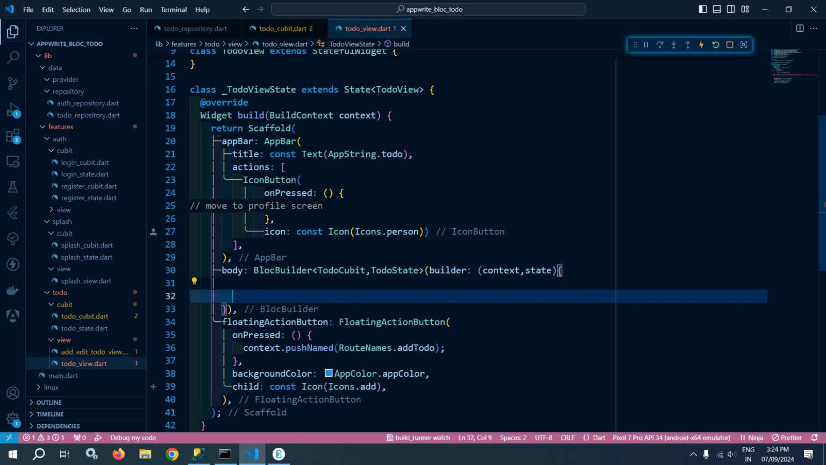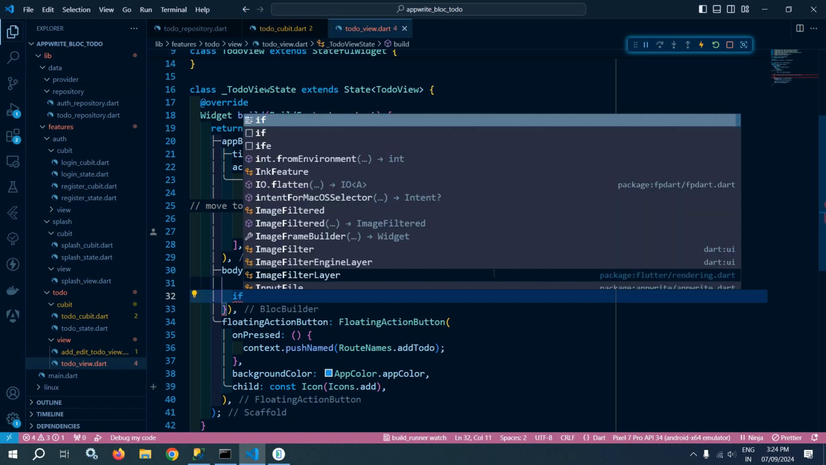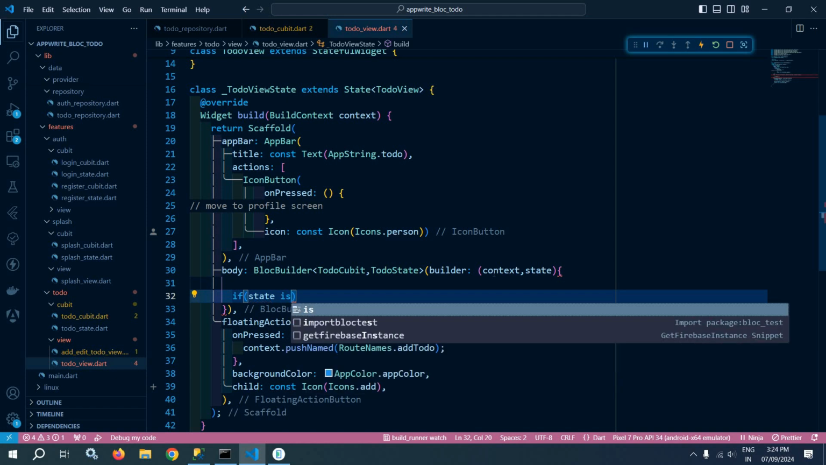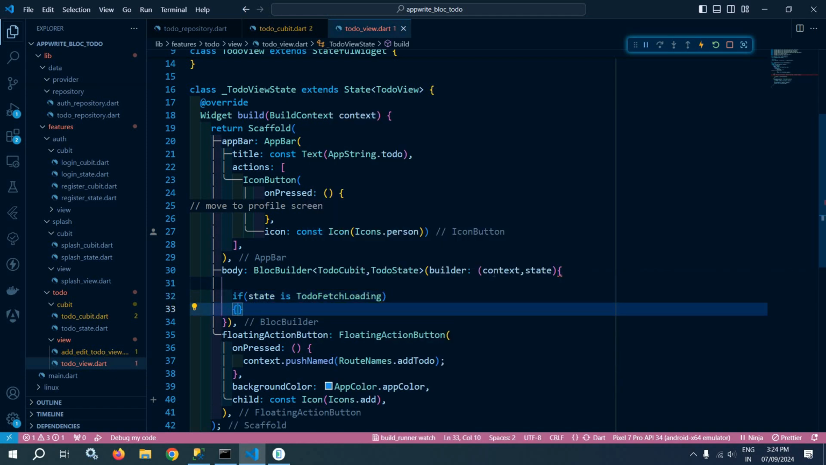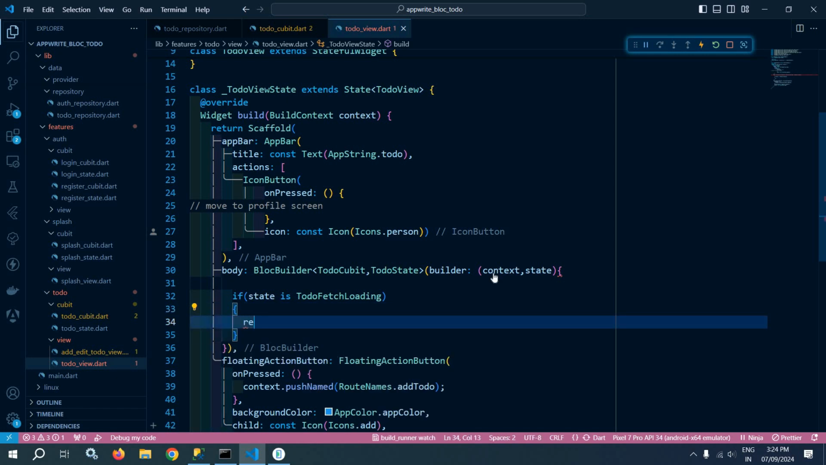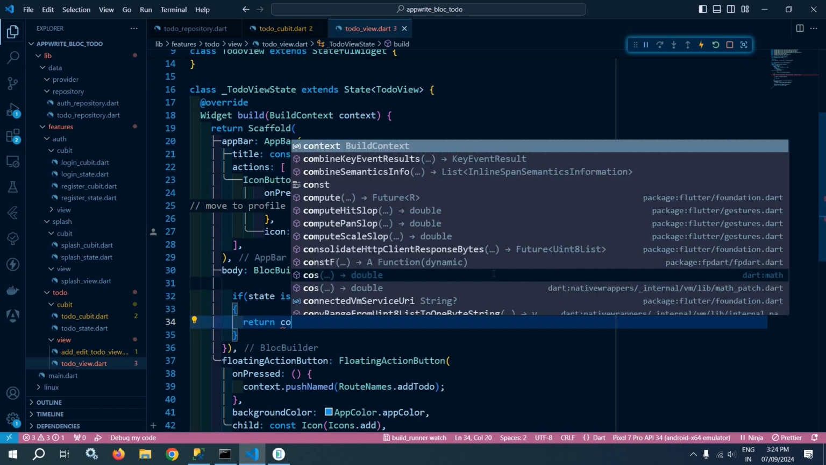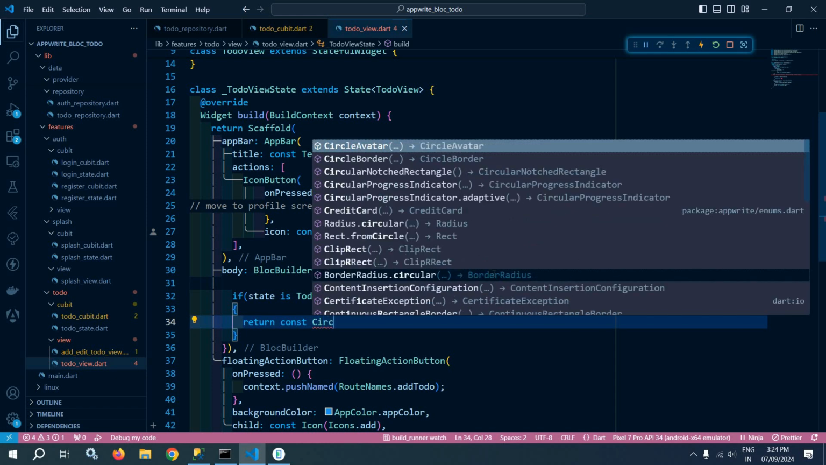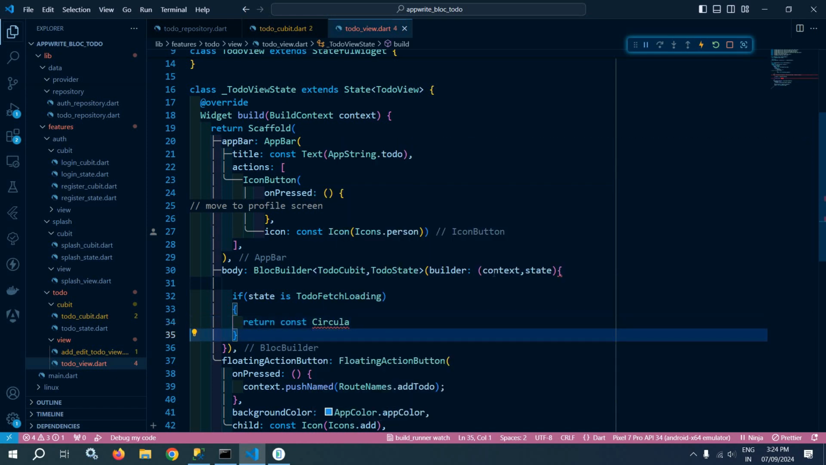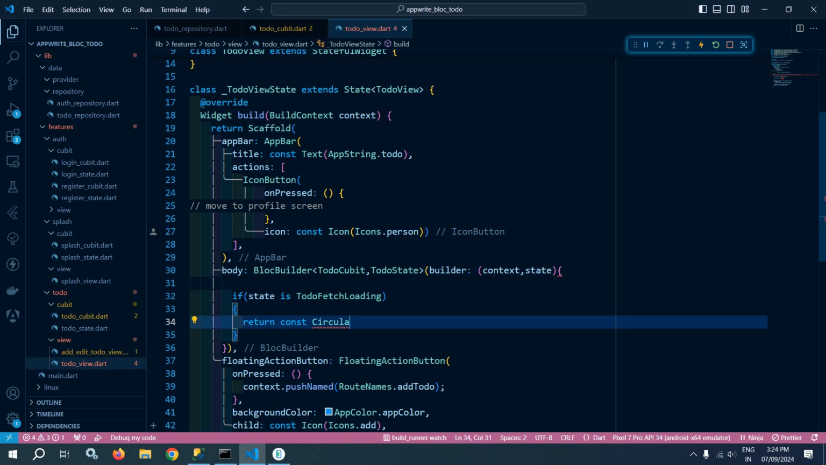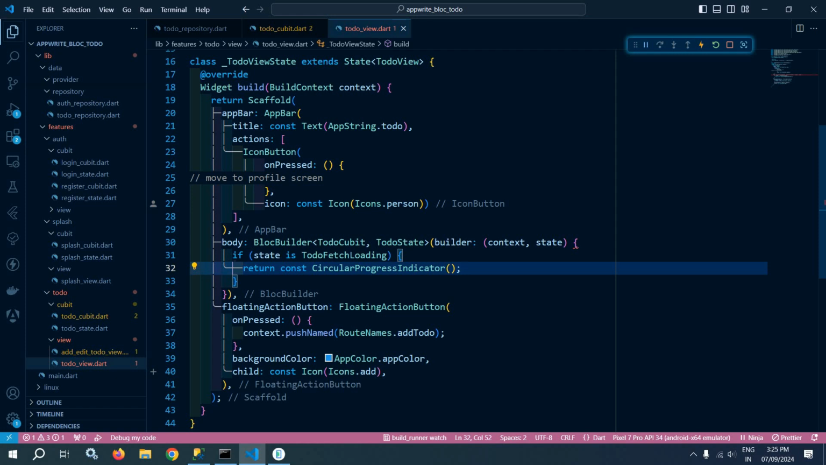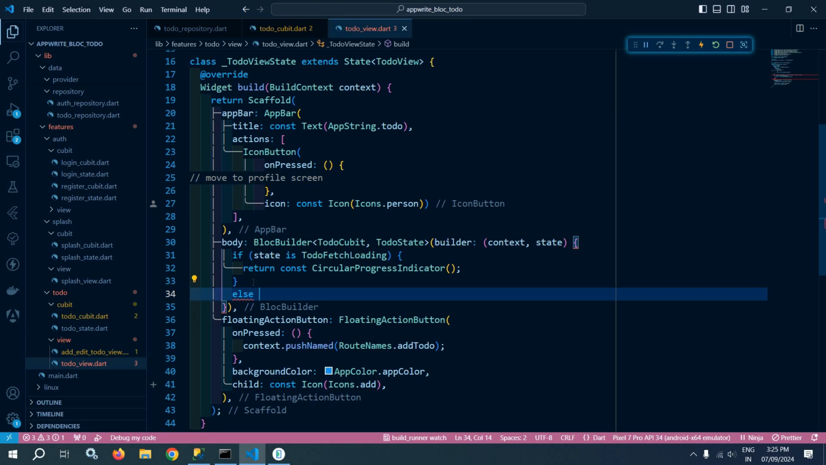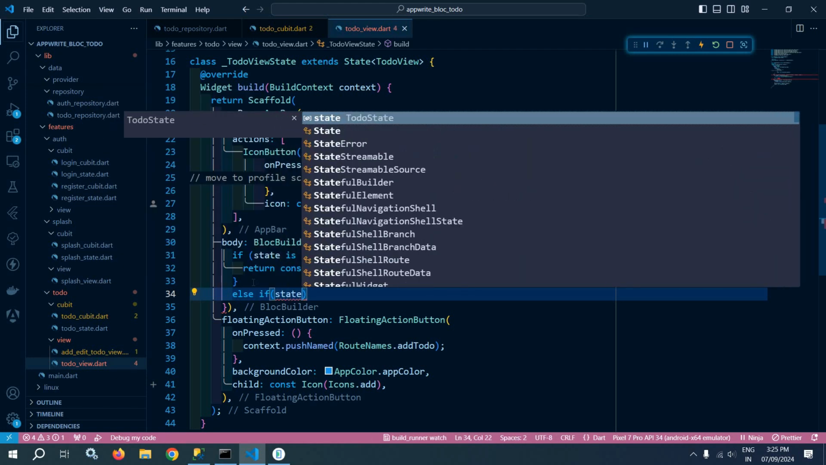and here I need to write the logic. First of all I will check if state is Todo fetch loading, then I need to display a circular progress indicator. So here I will use return const CircularProgressIndicator. So this is the case if the Todo is loading, but if the state is